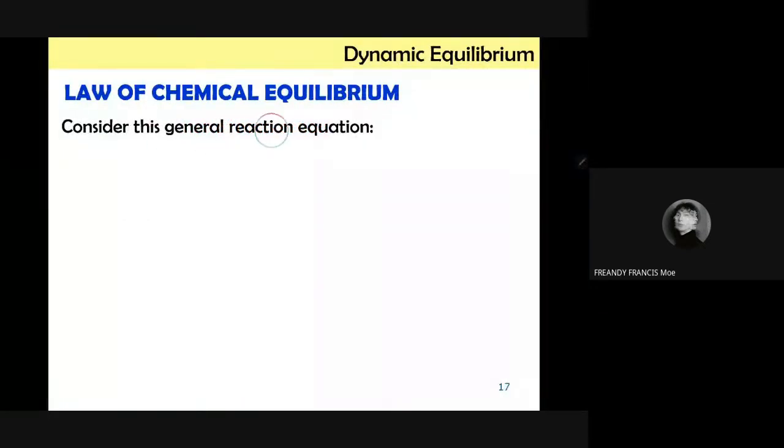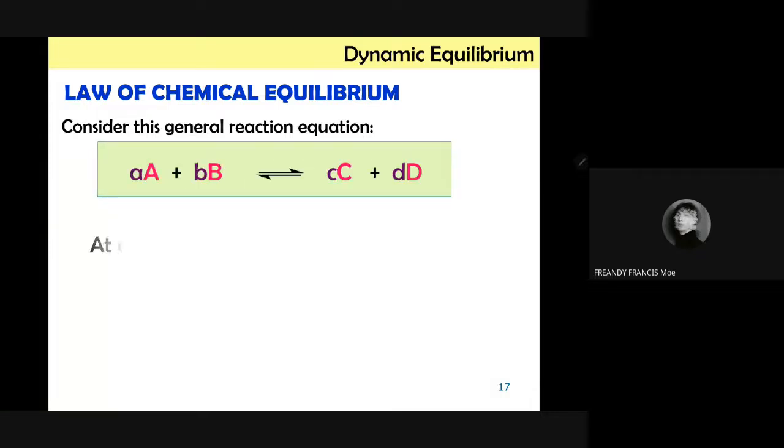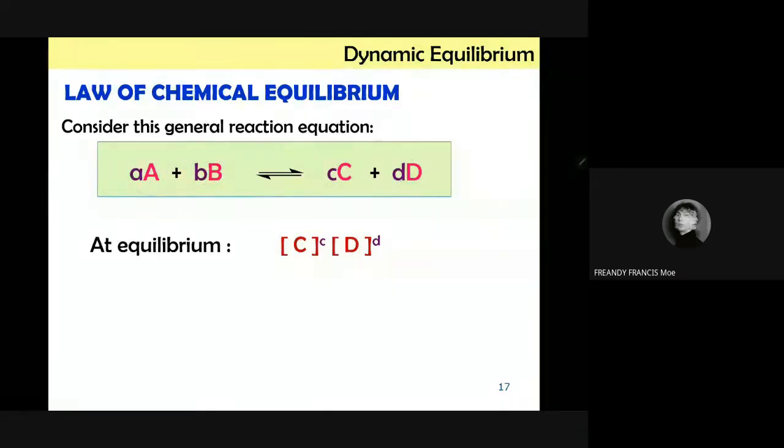So let's consider this general reaction. Let's say kita ada A kecil adalah dia punya stoichiometric coefficient. So A tambah B jadi C tambah D. So this is a chemical equation for a reversible reaction. Jadi dekat equilibrium, okay,